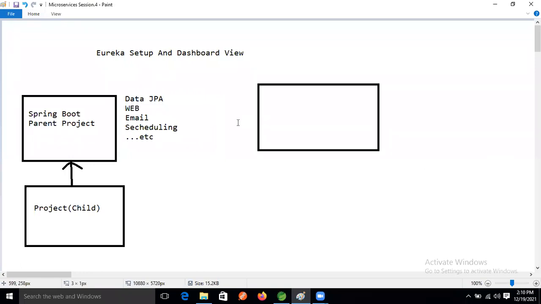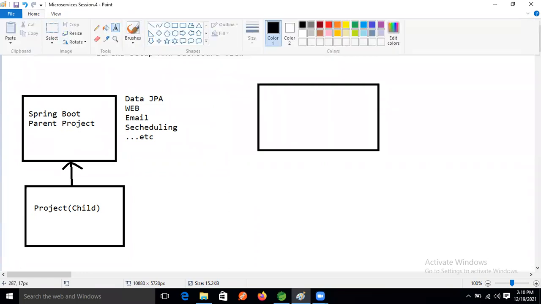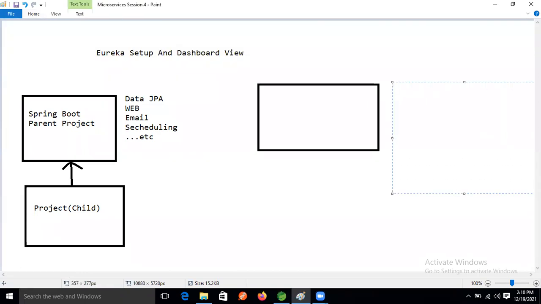Same like whenever we are enabling Eureka server, config server, Zuul server as well as Zuul, and Hystrix.